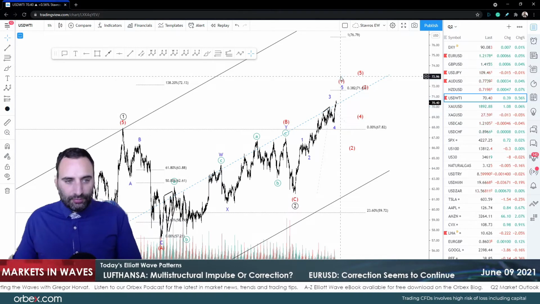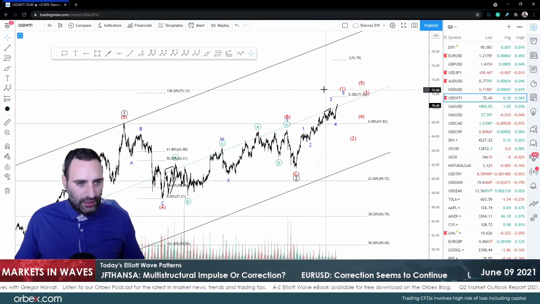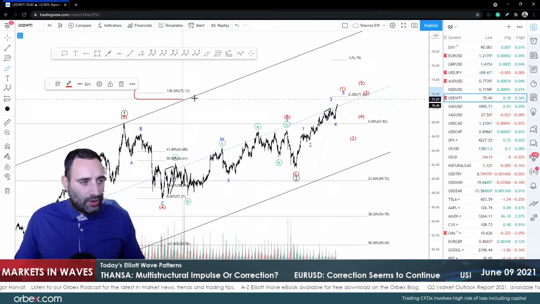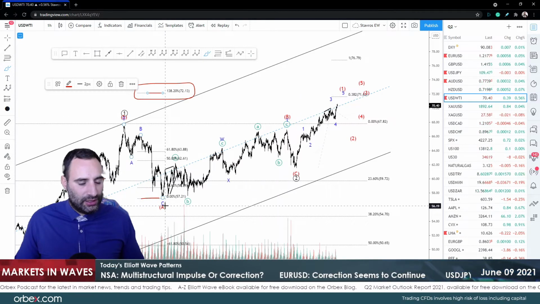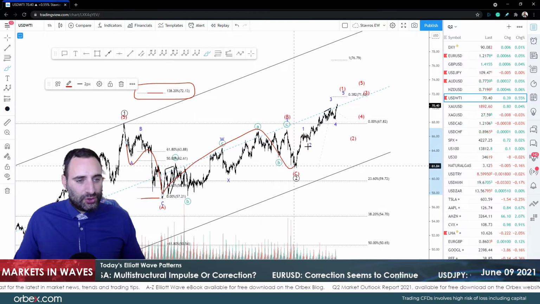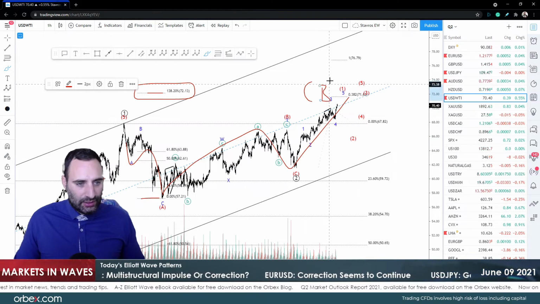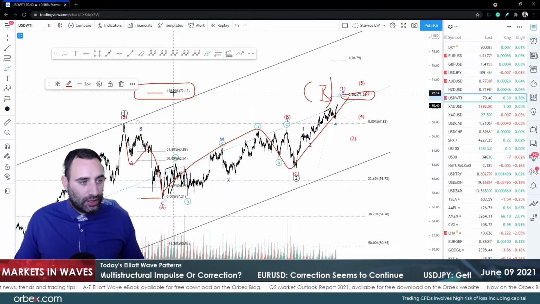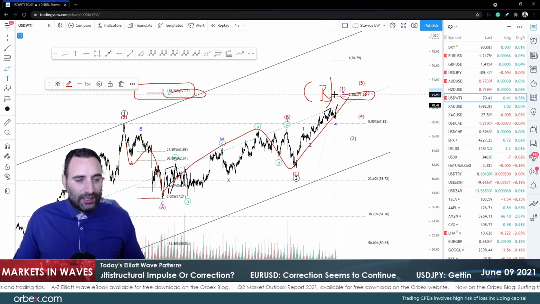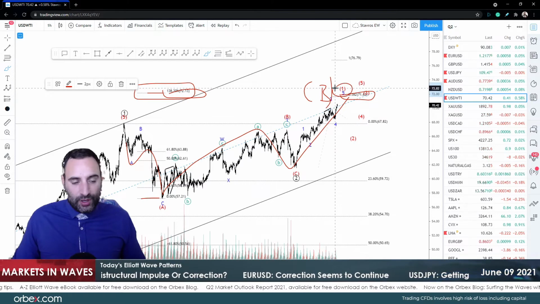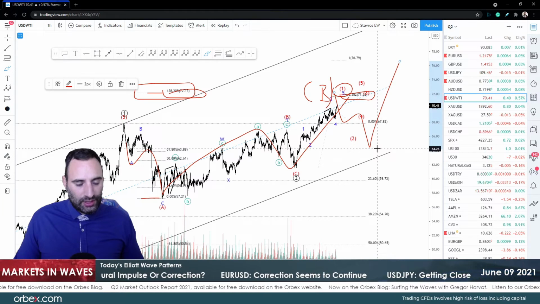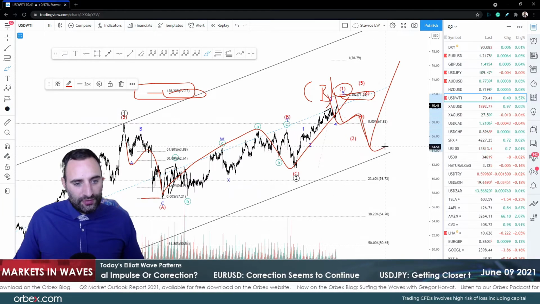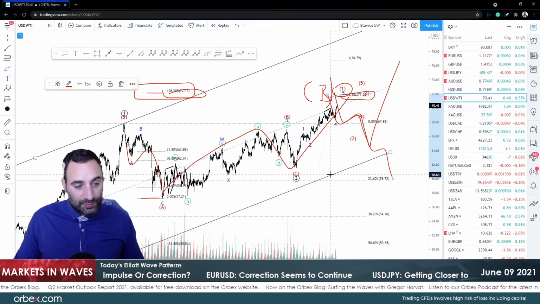Now, do not forget, okay, that as long as we remain below 72.13, which is the 38-point Fibonacci extension for wave B, that could still turn out to be wave B up here, guys. So should we get a rejection, excuse me, at 72.13, which is very close to where I expect wave 1 to end as well, then that's going to be the tricky part. We're either going to get an ABC and a continuation up, or we're going to get 1, 2, 3, 4, and 5 for a running or an expanding flat variation.